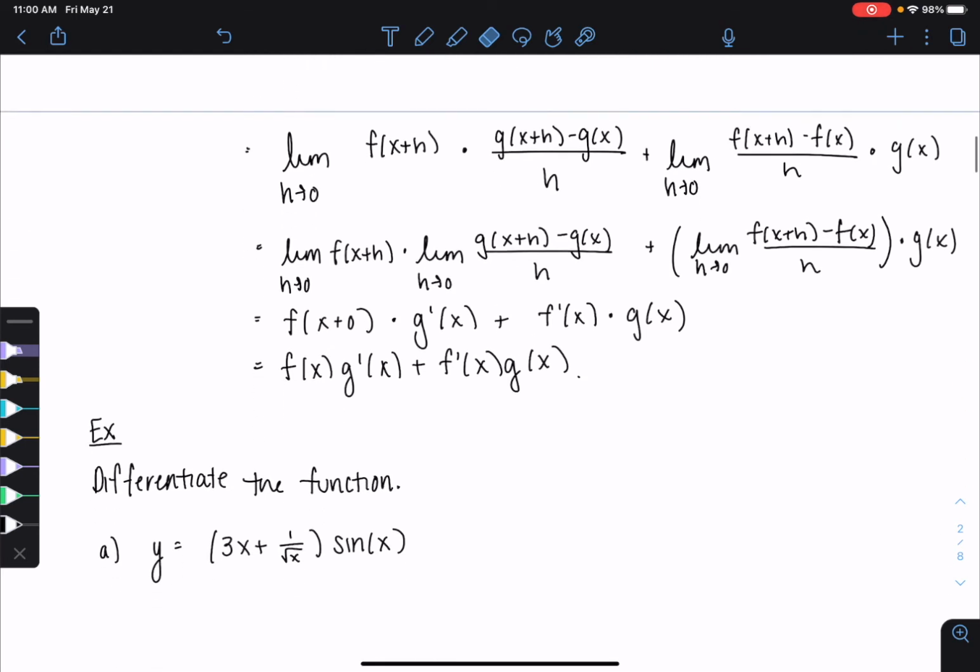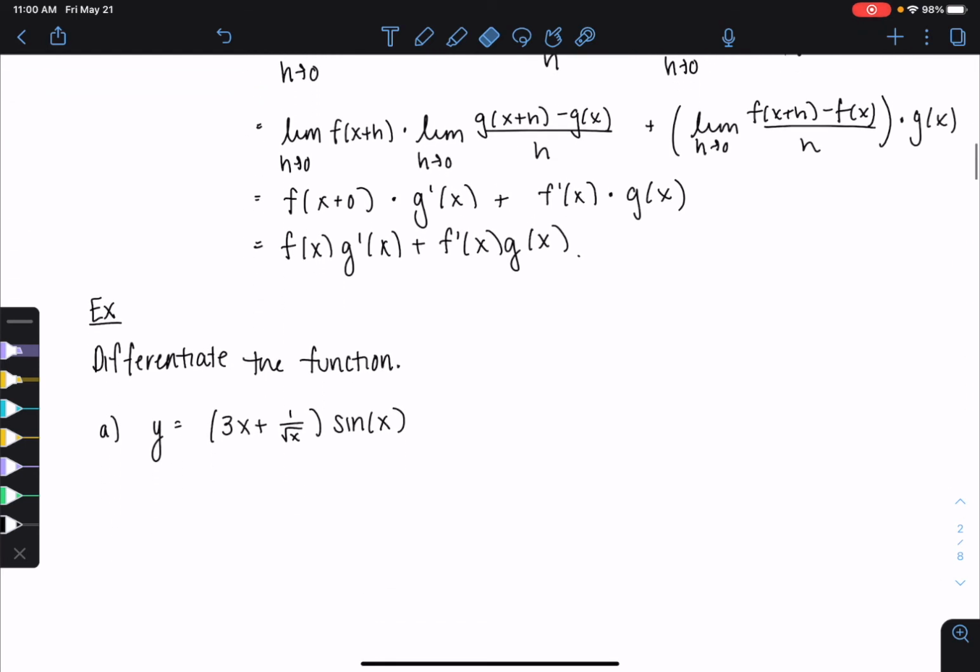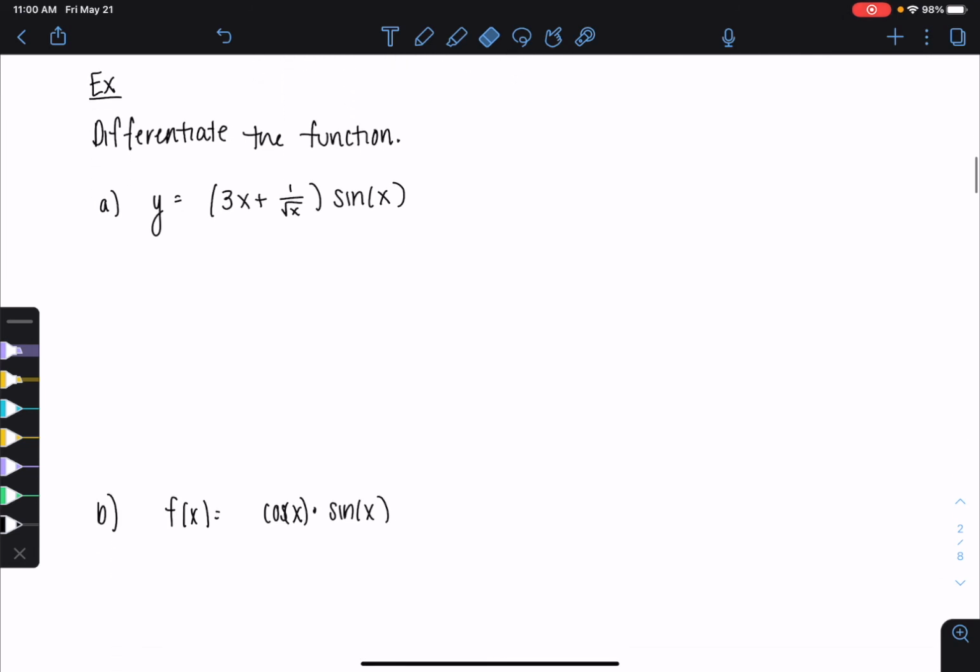So let's get a little bit of practice actually going through and differentiating the product of two functions. We're going to start with this function y equals 3x plus 1 over the square root of x. That is being multiplied by sine of x. So to take derivatives, I want to rewrite that 1 over square root of x. That's x to the negative 1/2. So what my product rule tells me